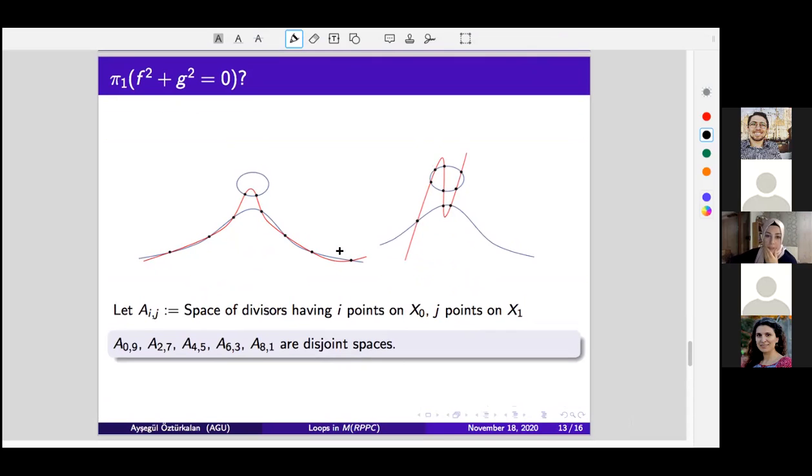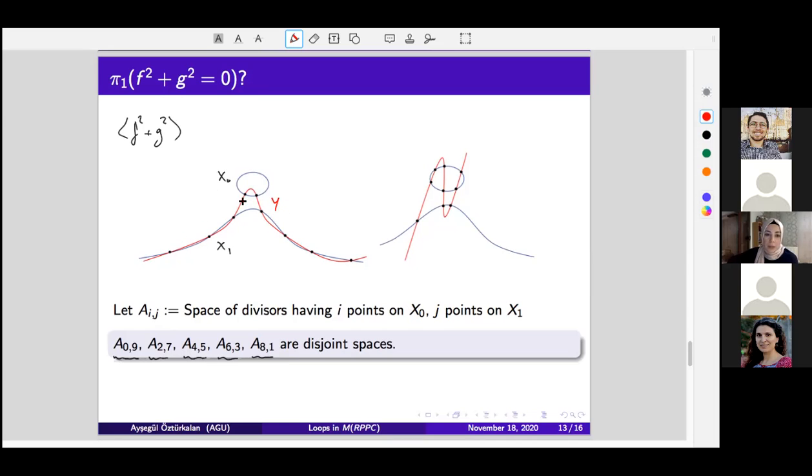Okay, to understand this, we divide the space into subspaces. Indeed, it contains A09, A27, A45, A63, and A81. What are these? Indeed, if we call X the variety obtained by F, this is, let me say, X0, and this is X1. Here, this is the cubic form obtained by F. And here, if you say Y as the